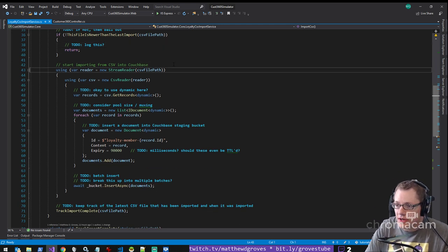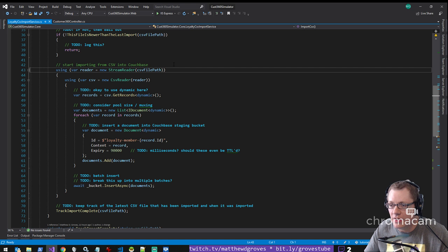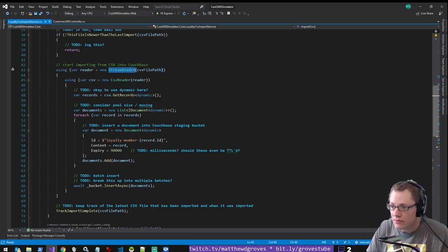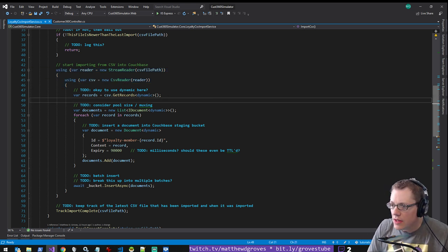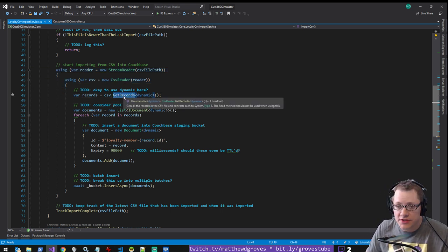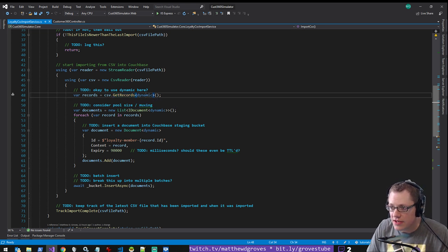All right, so at this point now, we actually have a CSV file, and we actually want to import that data into Couchbase. So I'm going to open it with the stream reader here and CSV reader. I just sort of copied and pasted this part from the CSV reader documentation. And then you can say csv.getRecords. This will return all records from the CSV. It'll put each row of that CSV into